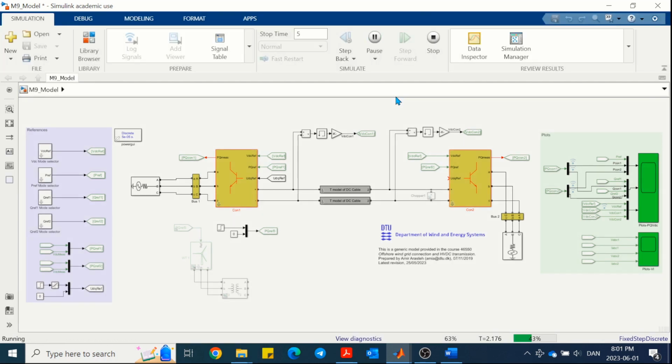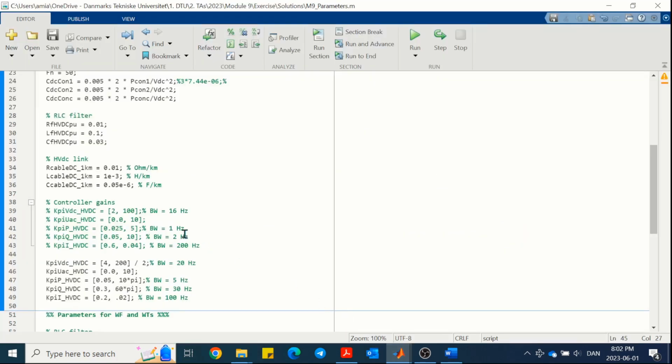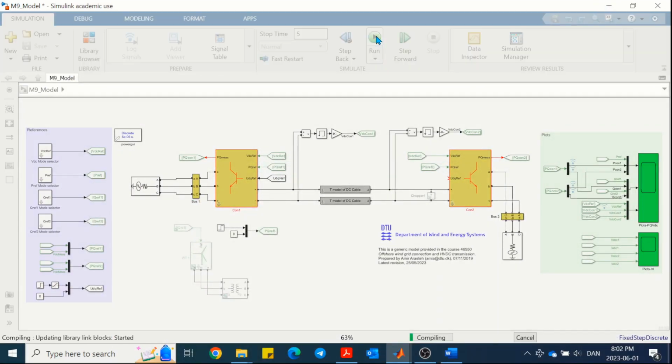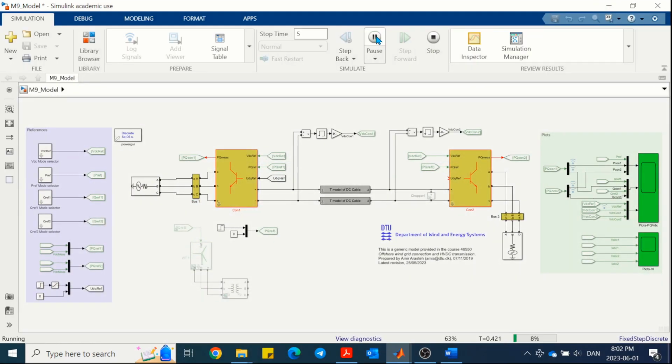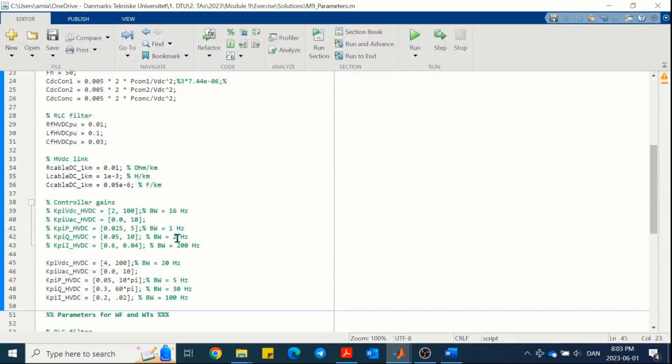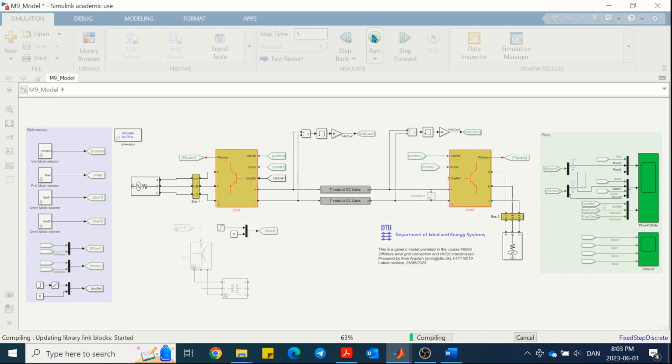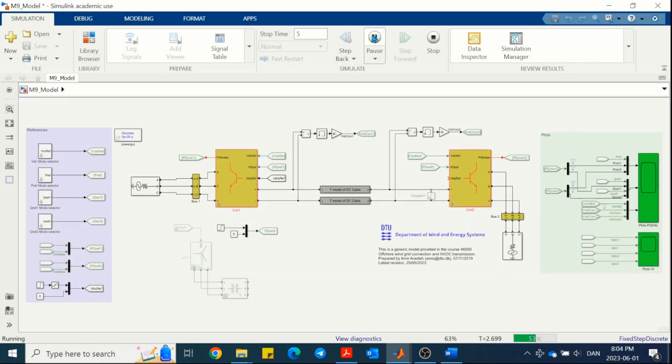Now for the default value of gains, run the model. So we don't need to run the parameter files each time, because we use this initialization feature of Simulink. We just need to change the data here, save it, and run it. Now we will have the result for the 3 cases, and since we limited the number of archives in this